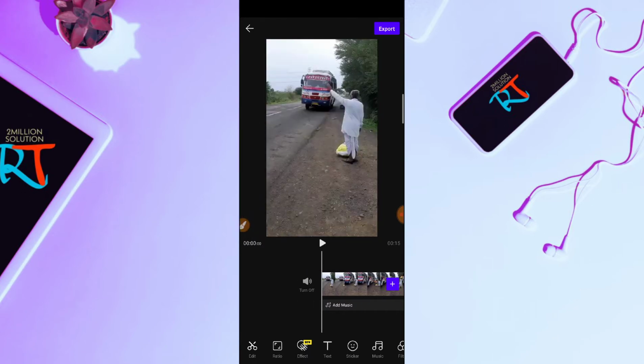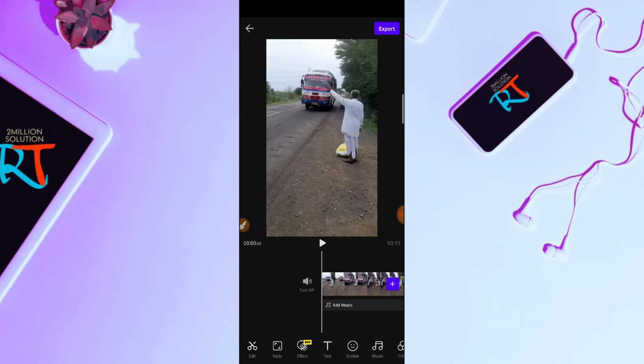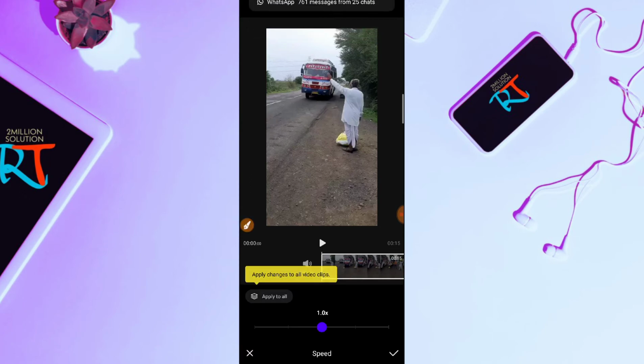To make a slow-mo on this video, it's very simple. You simply click on this edit option you can see here, and then you will find the speed option. Here you can see, this is the one, so just click on the speed option. After clicking the speed option, to make a slow-mo, you have to just drag the blue icon, the blue circle,